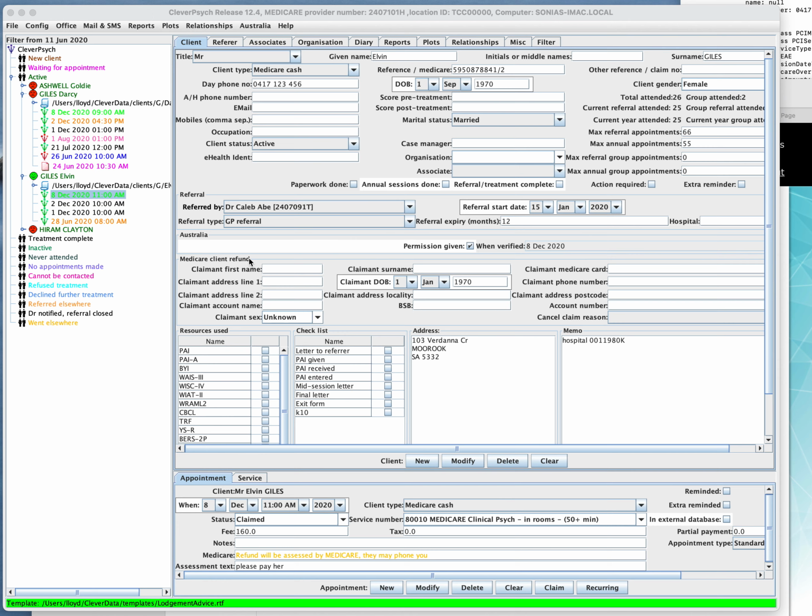Now, these sorts of claims on behalf of the client are processed pretty much the same, immediately, and the refund will go into the client's registered bank account. What's registered with Medicare. Now, those are the simple cases. As you'd expect, there's all sorts of various funnies. So, for example, it's quite common if you've